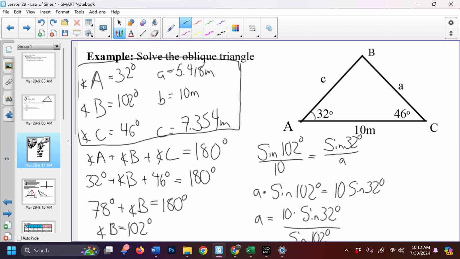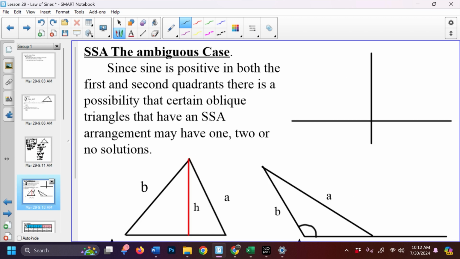Okay, next issue that we have to talk about is the side angle ambiguous case. Since sine is positive in both the first and second quadrants, there is the possibility that certain oblique triangles that have side angle arrangement may have 1, 2, or no solutions. And so what I mean by that is if I use this diagram here to kind of picture the unit circle,